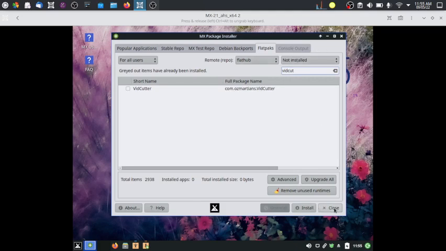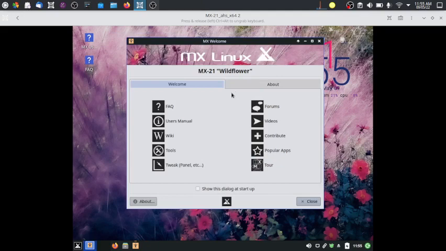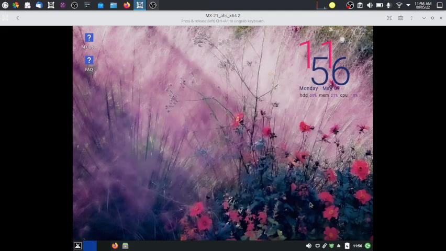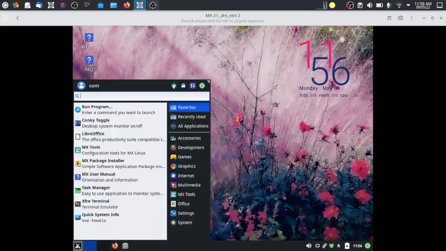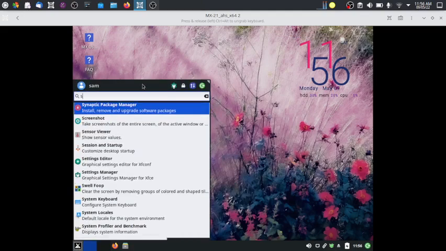Okay. So this was the MX package installer. We close this. We have checked out all the features of the MX package installer. Wiki, user manual, FAQs, you can check out forums, FAQs, videos also you can check out. I need not do it here. So I close this MX Linux welcome screen, and then let us check out if the synaptic